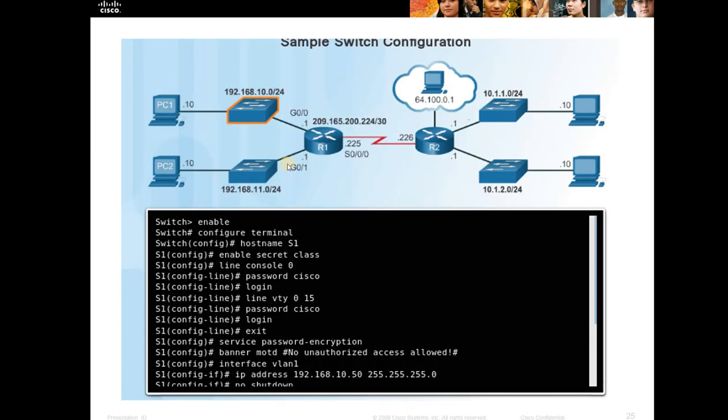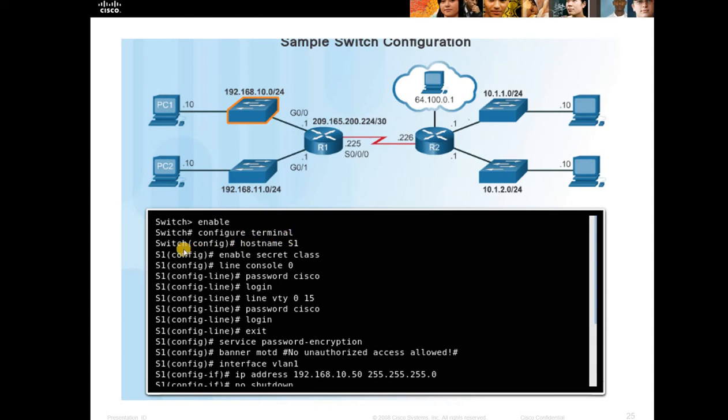So, a simple switch configuration. In this diagram, I want to configure this switch and give some name for this switch here. First it is in user executive mode. You want to enable privilege mode, so you enter the enable command, and after it goes to the privilege mode, you enter configure terminal.